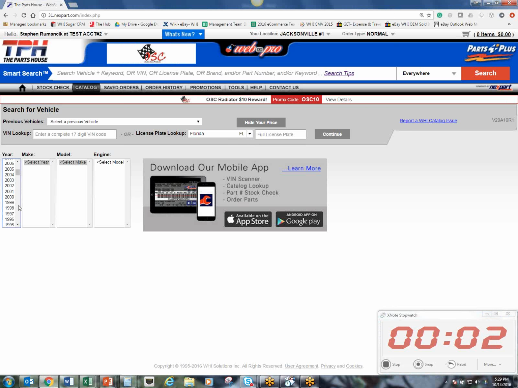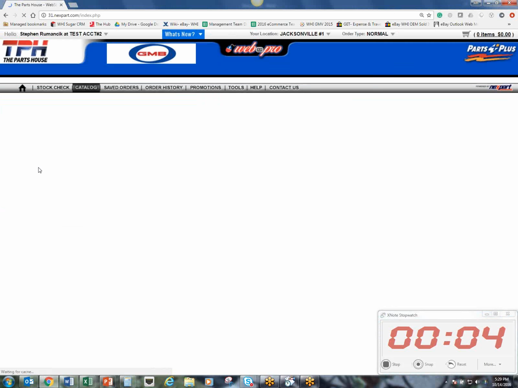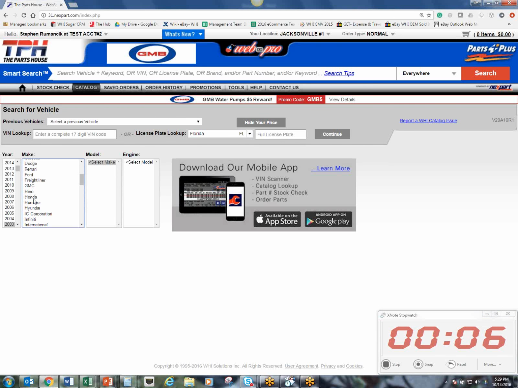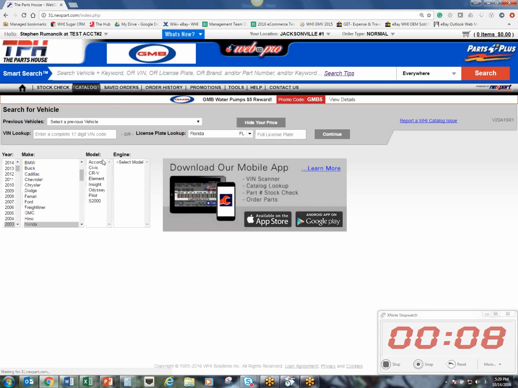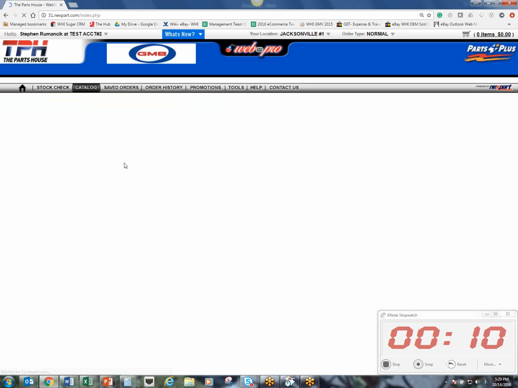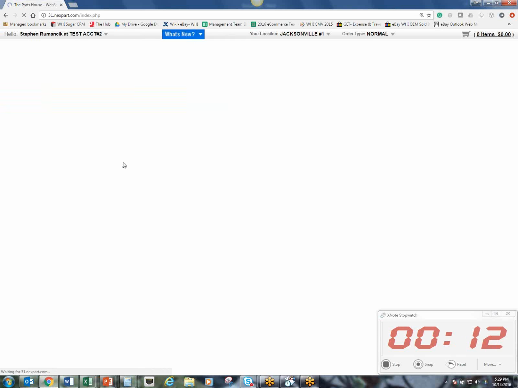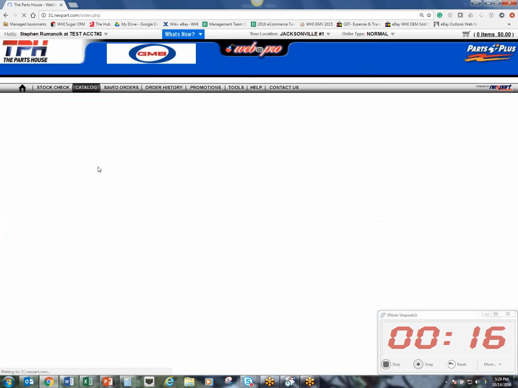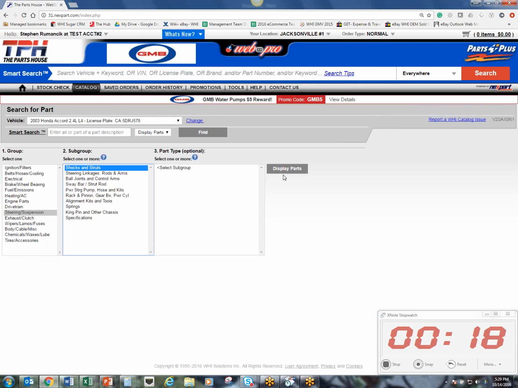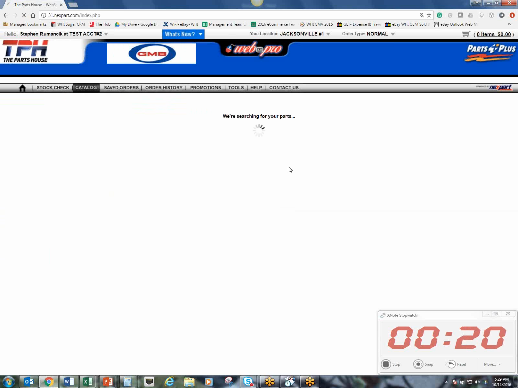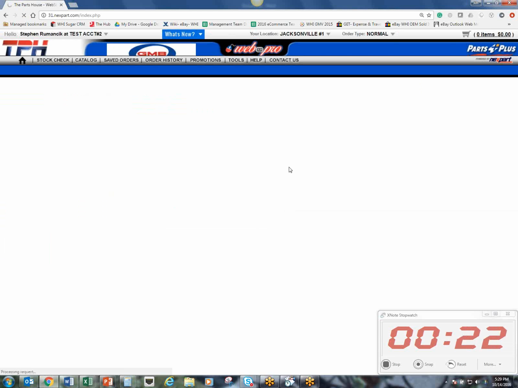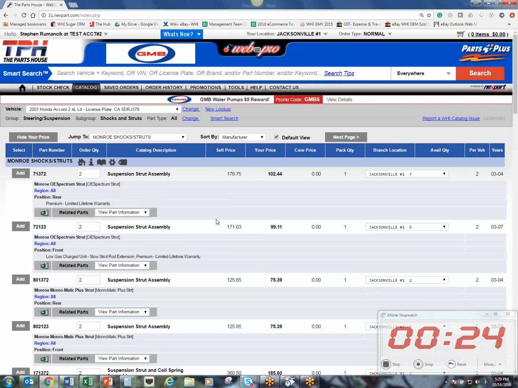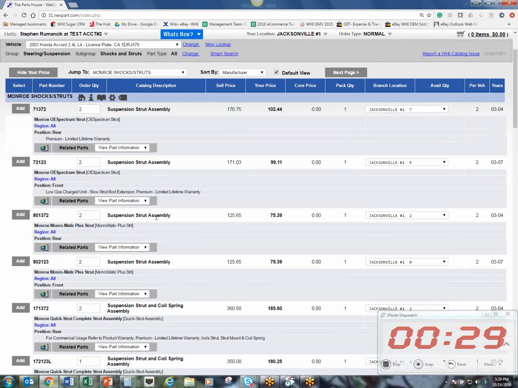So I'm going to do a 2003, and I said we've got a Honda Accord, so I'm going to pick Honda Accord, and we've got that 2.4 liter. Again, I want to do steering and suspension as the group. We're going to do shocks and struts, and I'm going to look at everything in that subgroup. Now I'm getting the results from my supplier, and I want to look at those things that are strut